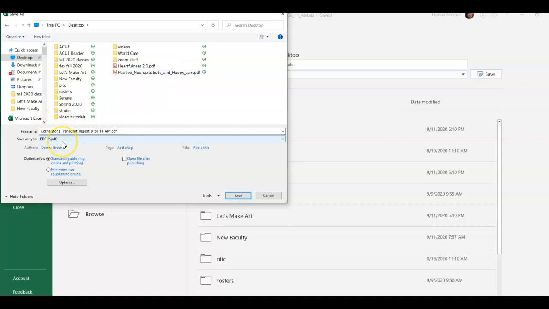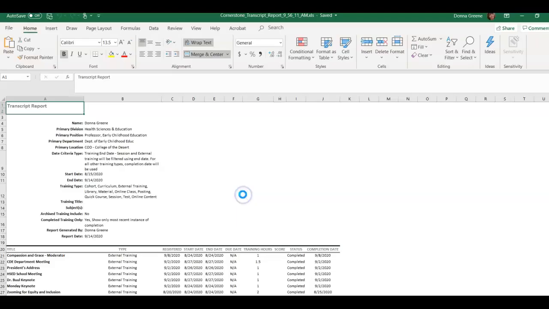So notice I had to click on that drop down menu in order to save it as a PDF. And I can also change the file name to Donna Green Fall 2020 Flex Report. Save it on my desktop, click Save,